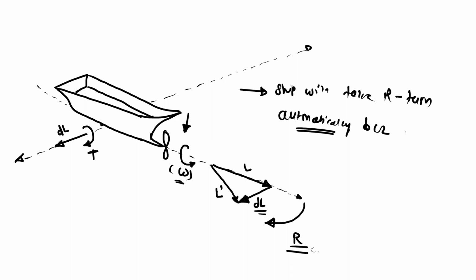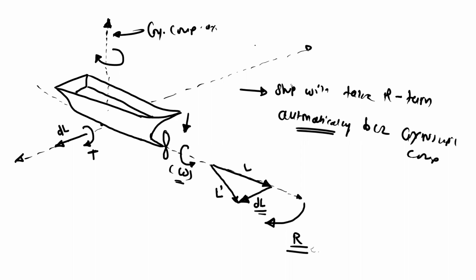Because of the gyroscopic couple. So what is the axis of the gyroscopic couple? We have to draw the perpendicular z axis, and this is the gyroscopic couple axis. This axis is called the precession axis. So the omega p that we have calculated is about this axis. So this is omega p.